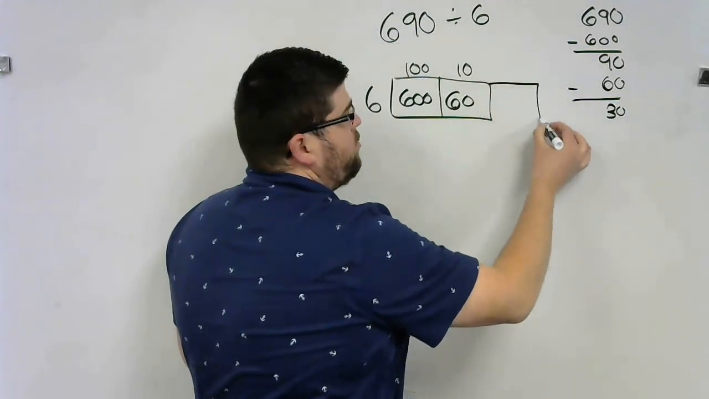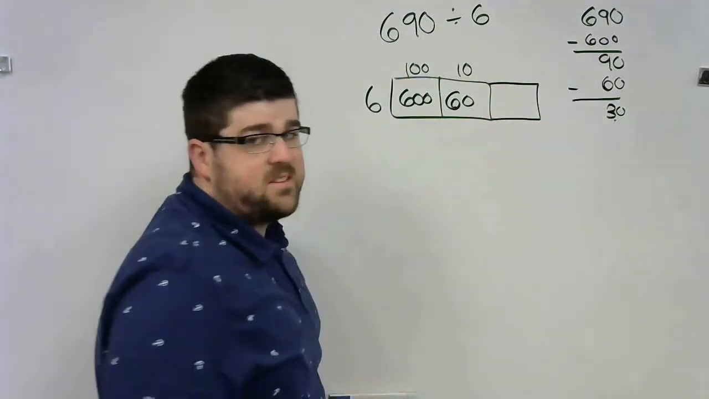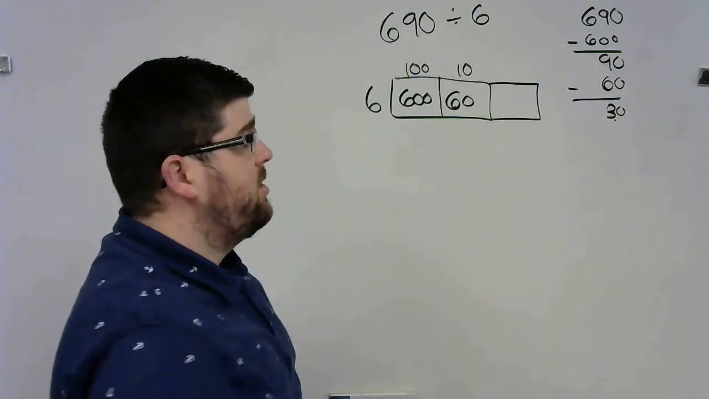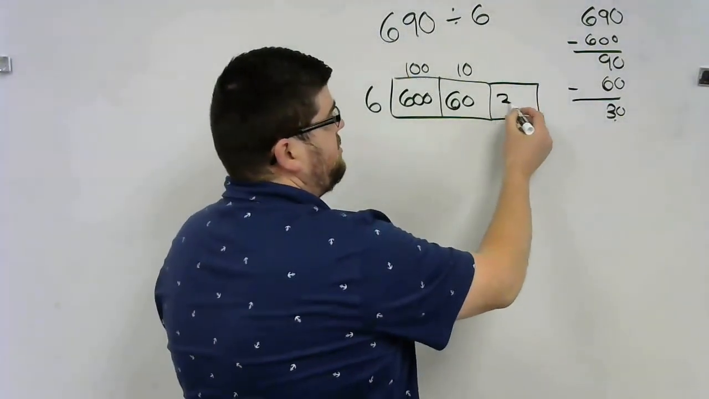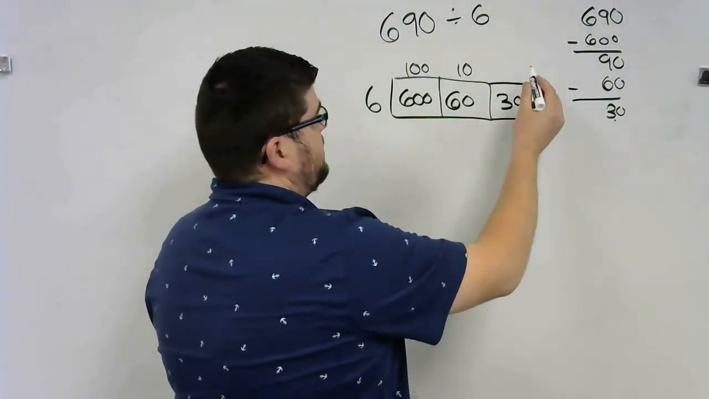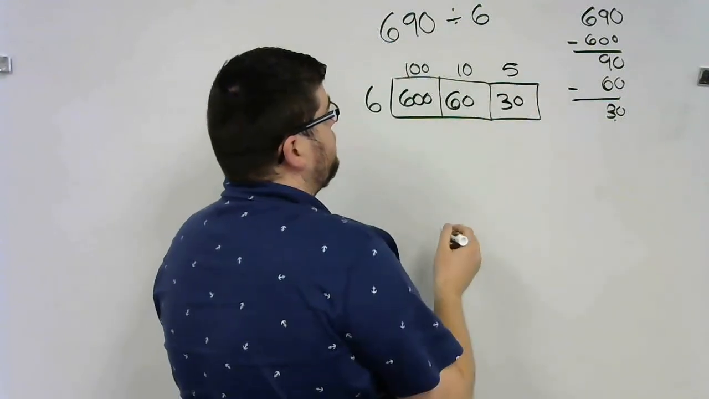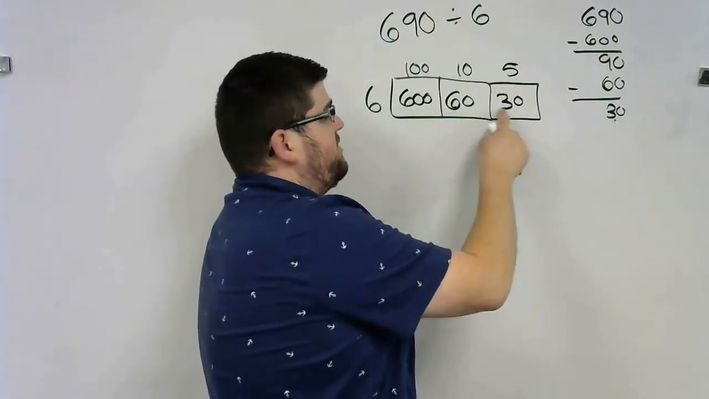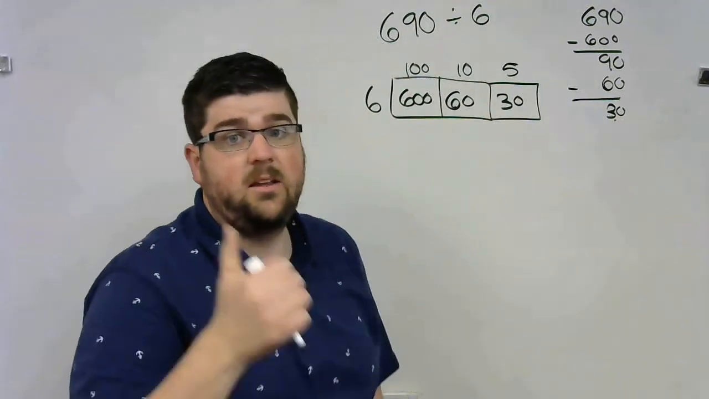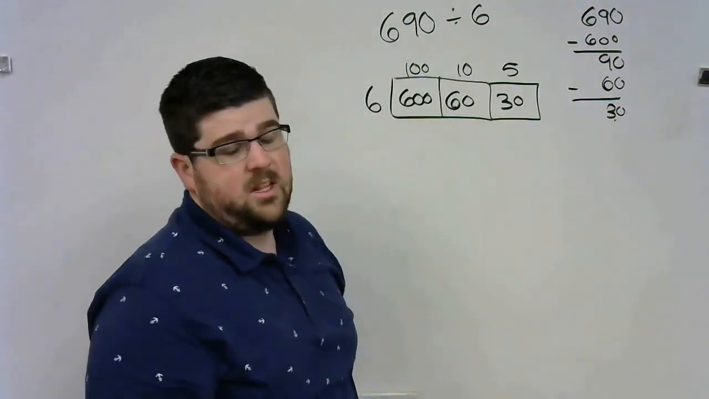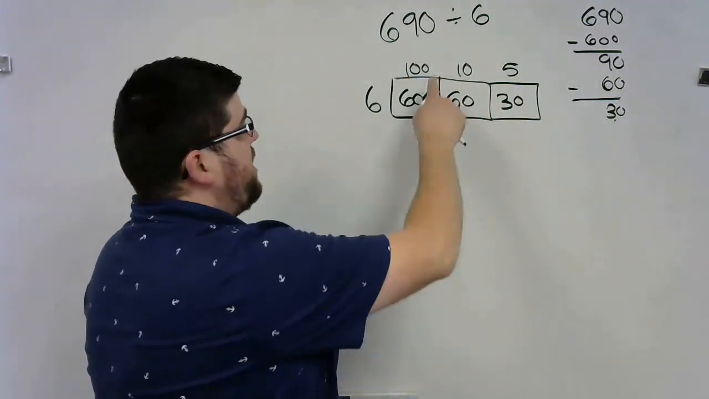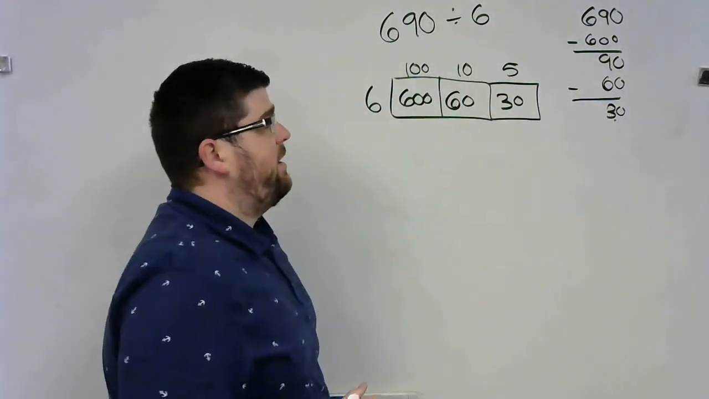So I'm going to do one more box. Is 30 divided by 6 a basic fact? Yeah. So once you get to a basic fact, you can just put that basic fact in there. 30 divided by 6 equals 5. Now let's check. Do 600 plus 60 plus 30 equal up to 690? Yes. And all of those are evenly divisible by 6? Yes. So that means I just have to add those together to get my final answer, which would be